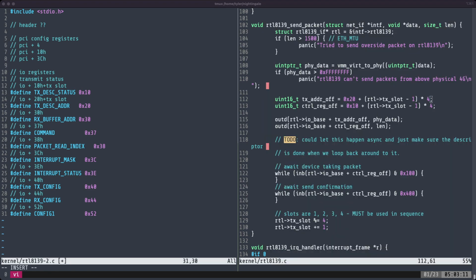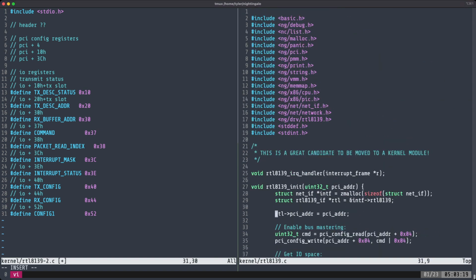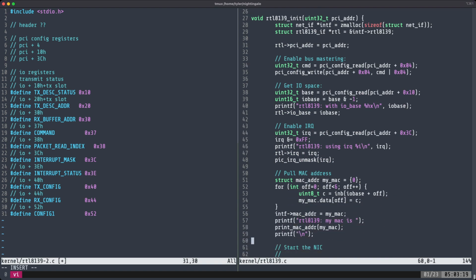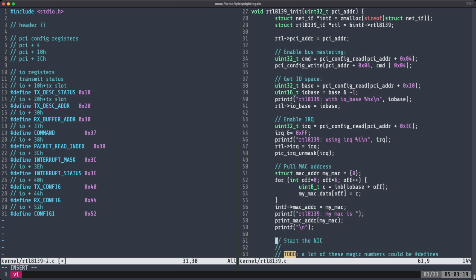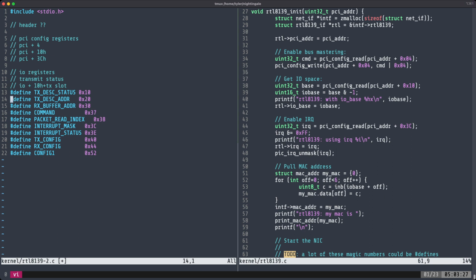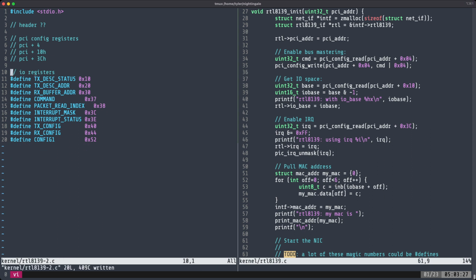But now I have to decide how much I want to... I mean, really, for this init code, I think I actually do basically want to just port this, because I'm not particularly interested in refiguring out how this init code works. So we will think about going into more detail on the sending and receiving packet stuff, but for this, I think we basically just want to copy this function